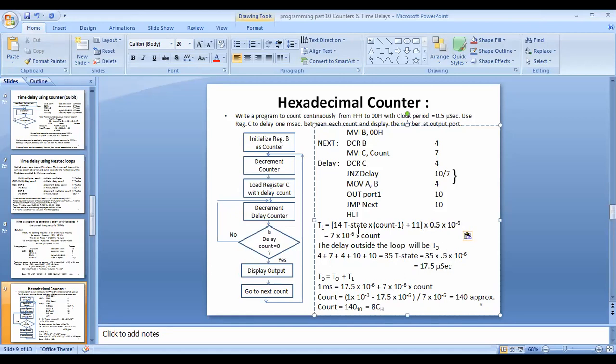So for simplicity, we have done that. We have ignored it. Considering that in the last lap also, when the loop is satisfied, it again takes 10, because 3 T states make no big difference. So that is why I have not taken it into consideration. So this is all about